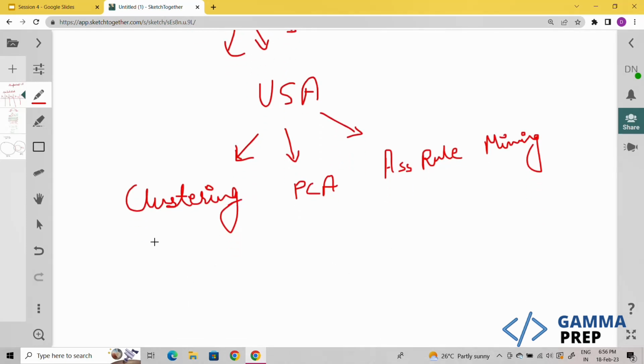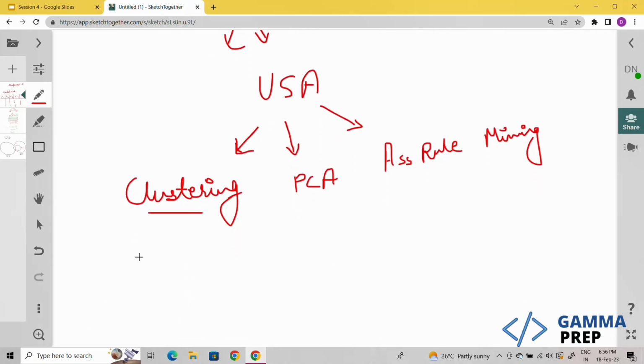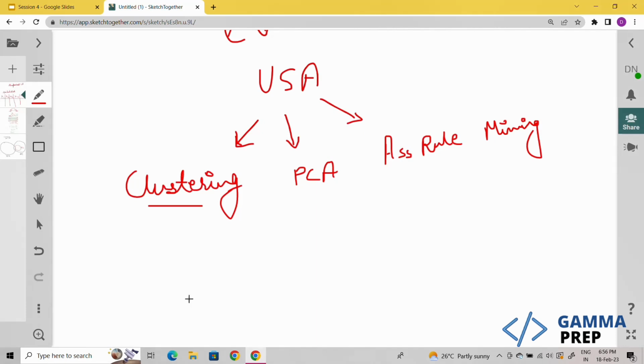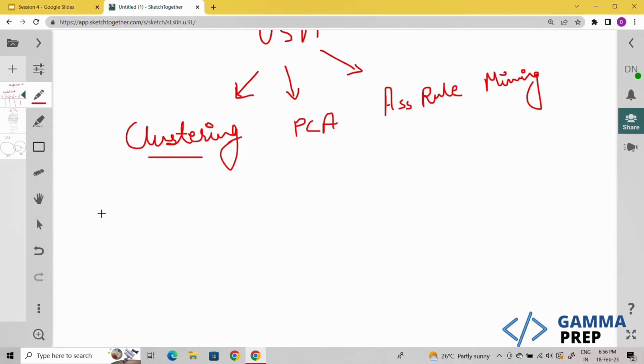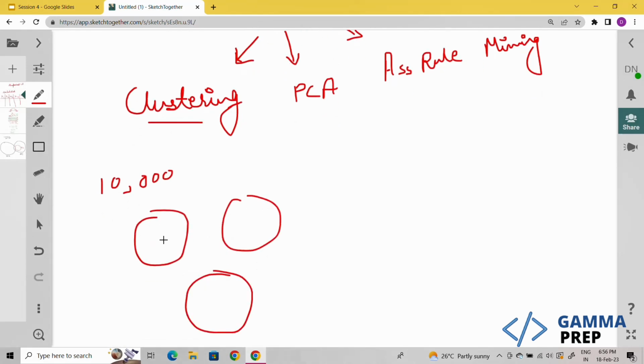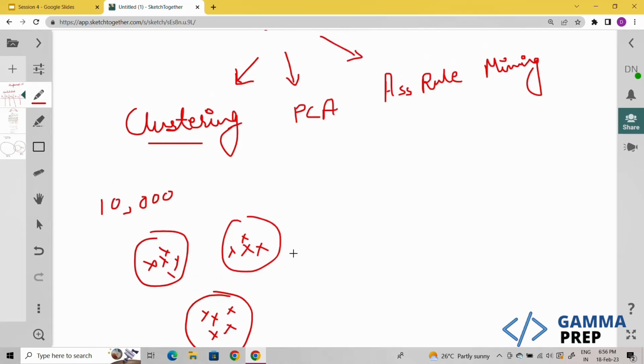Okay. So first thing is clustering. Clustering is something very, very similar to what we discussed. So basically we have, let's say, around 1,000 students or 10,000 students, and I can't teach 10,000 students together. I want to divide them into 3 batches. So basically I'm going to make 3 clusters, and students will be made to go in one cluster depending on the attributes. So basically I know the x1, x2, x3, x4, x5 for all of them, and based on those attributes I'm trying to put similar students in one group and dissimilar students in a different group.